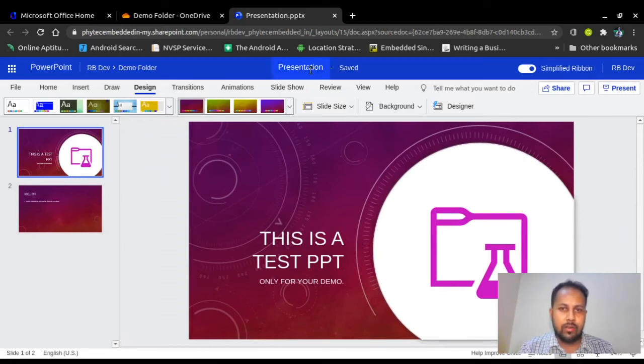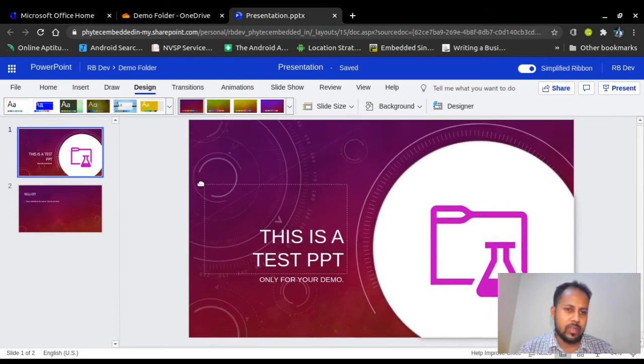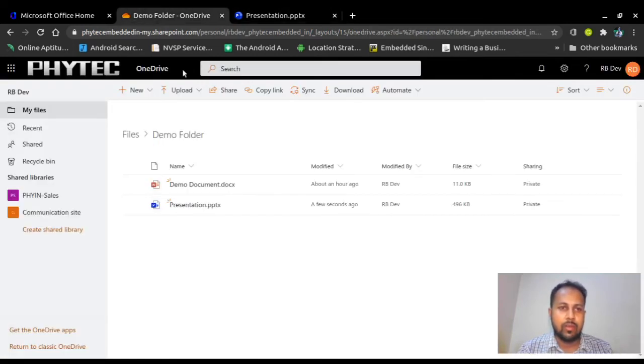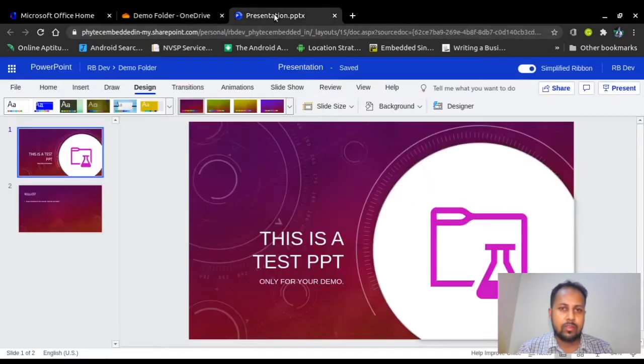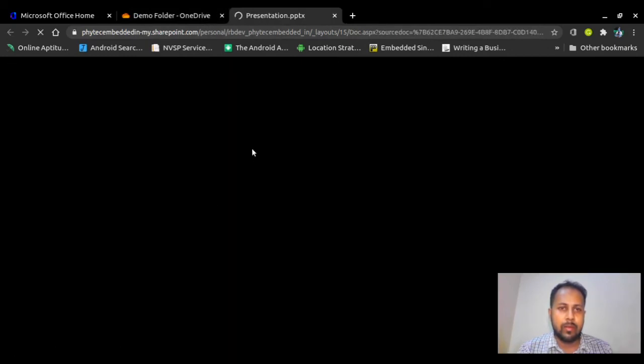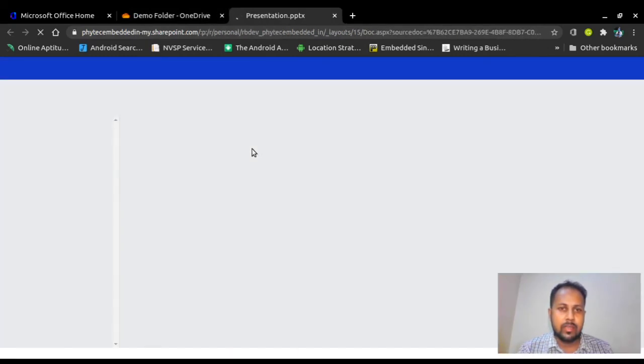Now I want to show you how to save this document, because that is the main thing, right? You need not save with Control S or go to File and save, none of that. It is automatically saved in the same place where you created the file. If you close this browser and open the PPT again, you can see it has been saved there directly.